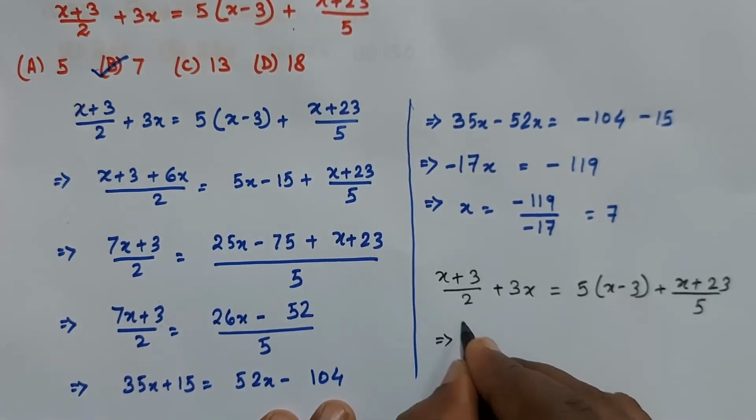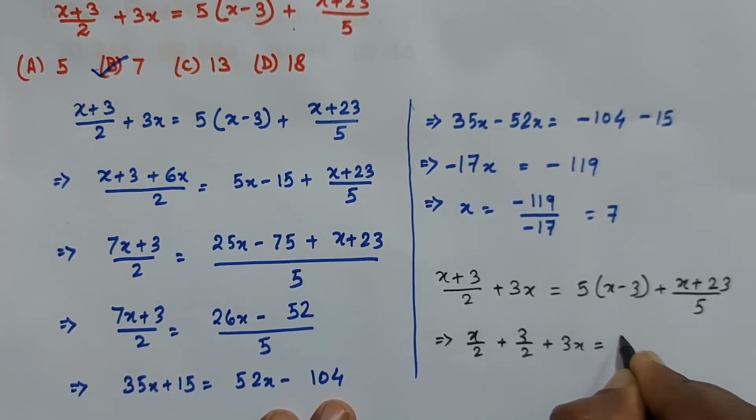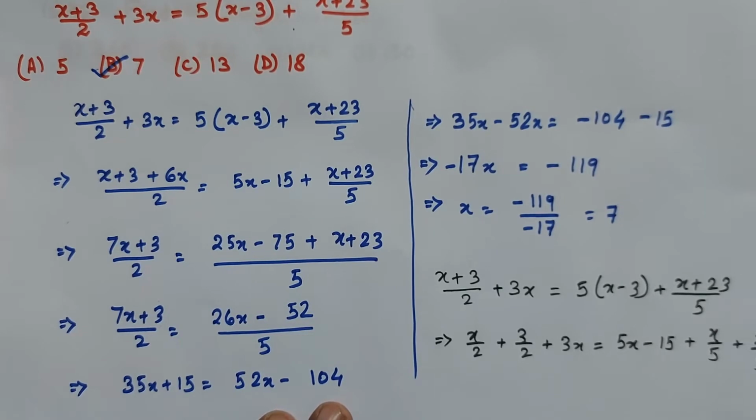We can do this in this way also: x/2 + 3/2 + 3x equals 5x - 15 + x/5 + 23/5. Here what we have done is